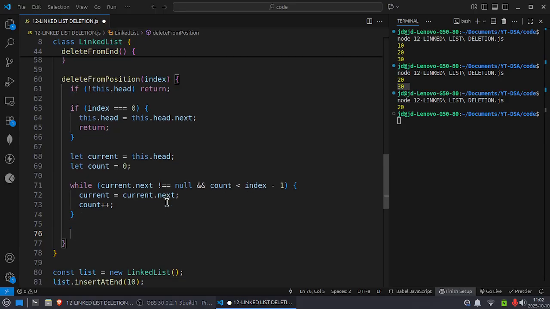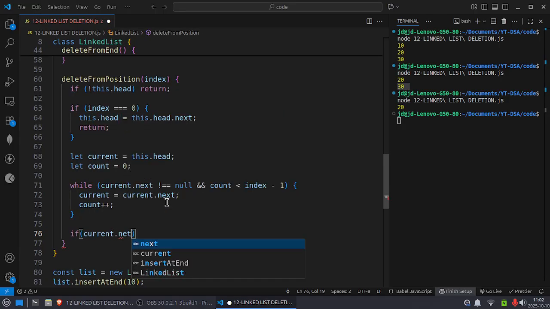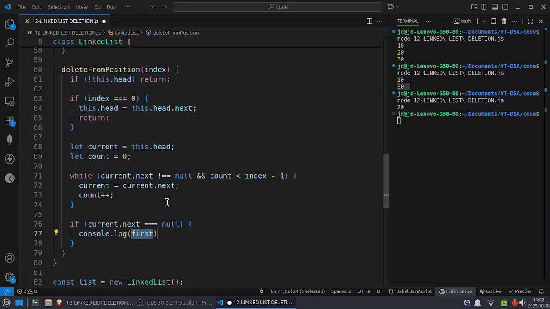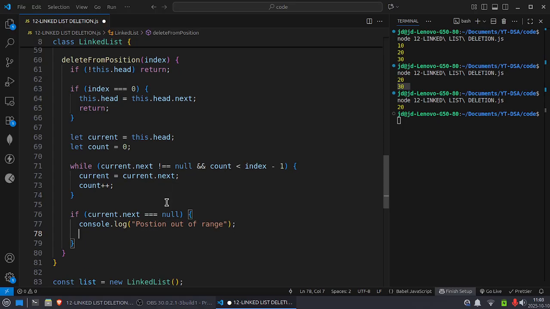So if current.next is equal to null, we console log position out of range, and return.